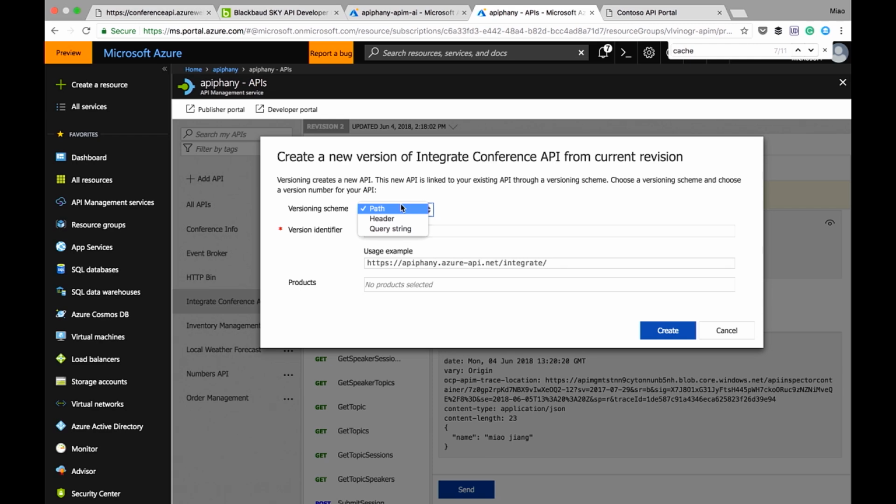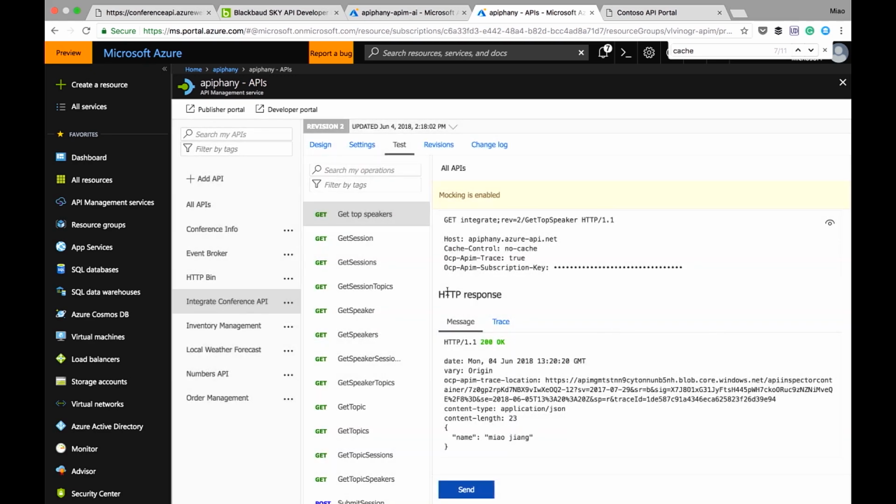And let's just keep it simple. Let's keep it in the path. And let's say the new version is called v2. Actually, before we do that, there's one thing we need to do. So we have added this new operation,